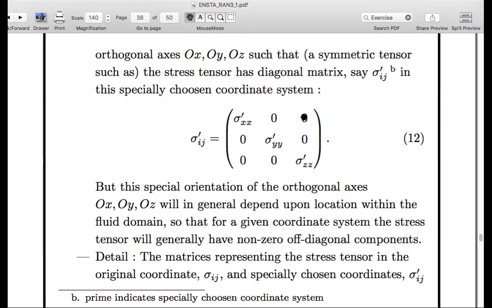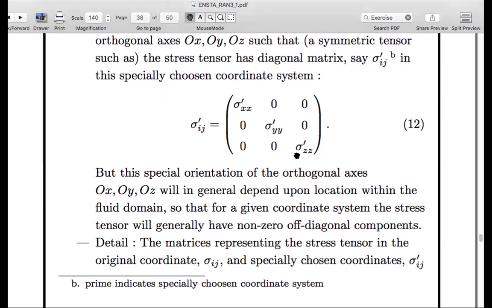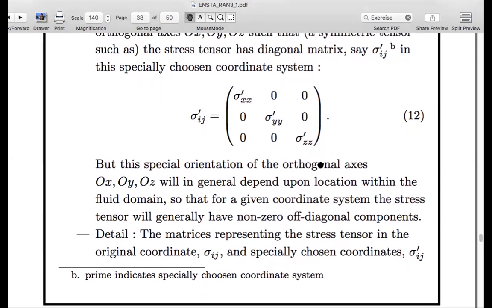So you might say, well, why did we have to worry about all those tangential stresses if we can always show that they're 0? The thing is, remember, this stress tensor varies throughout the fluid, right? So you want to just, for convenience, choose one coordinate system. And if you choose your one coordinate system, it's diagonal here for this instant in time. There'll be off-diagonal terms in general elsewhere, or at the same place but later in time. So this isn't of great practical use, as I said at the start, but